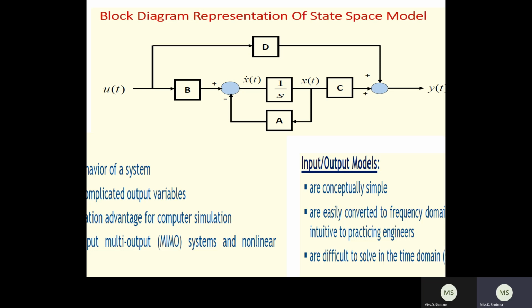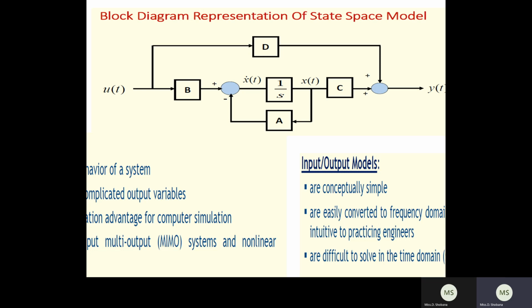Now you can see we have a state equation and an output equation. From these two equations, we can draw the state diagram for the given system. Generally the output equation is C into x of t plus D into u of t. That means the signal comes from the input variable, its coefficient is D, therefore D into u of t will appear.